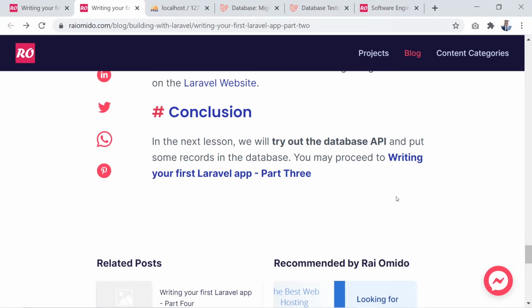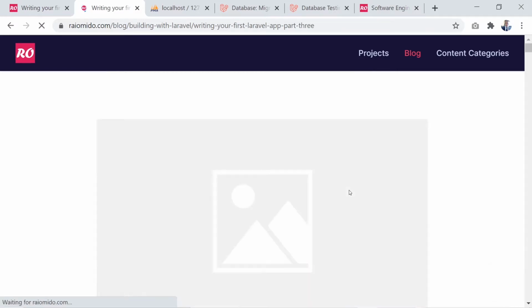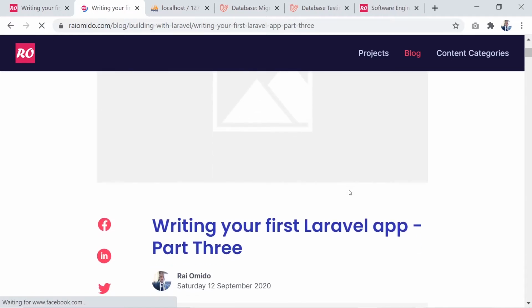It's right here. So with our lesson 3 in writing your first Laravel application, let's head over to lesson 3. And our lesson 3 is